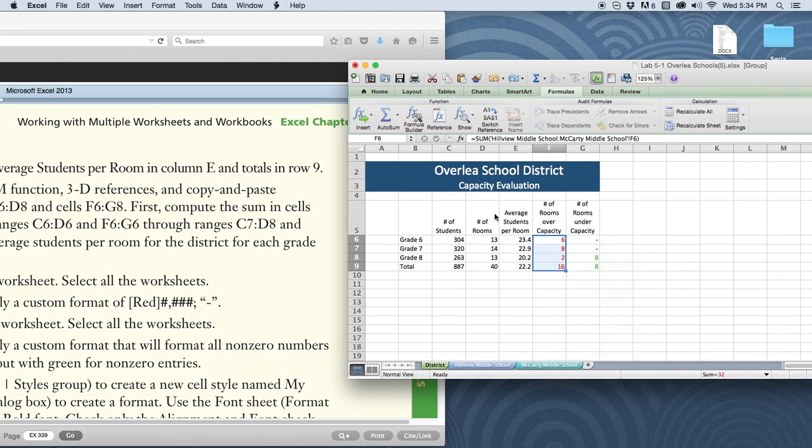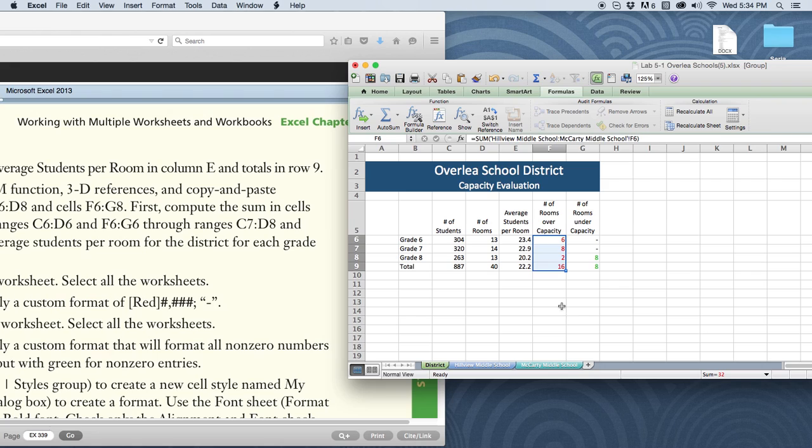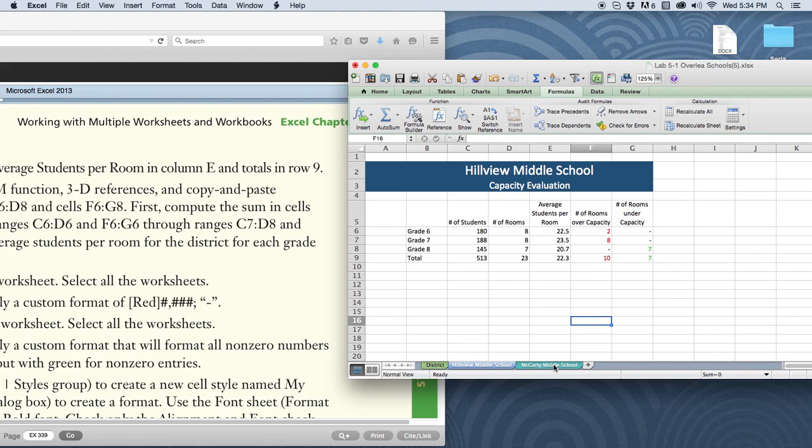tabs. I'm going to format these cells. See if I add another semicolon there and say okay. And when I look at my other sheets, the negative, the zeros are now displayed with a zero. They're now displayed with the slash sign as we see here in the book. So what I did different that's not here in the book that you'll need to explore is you'll see that